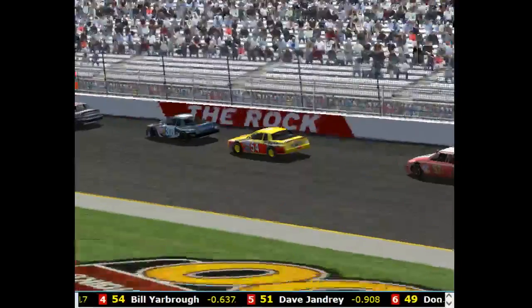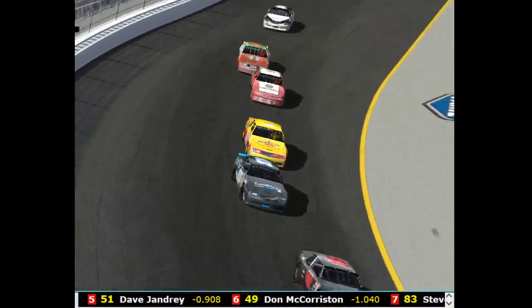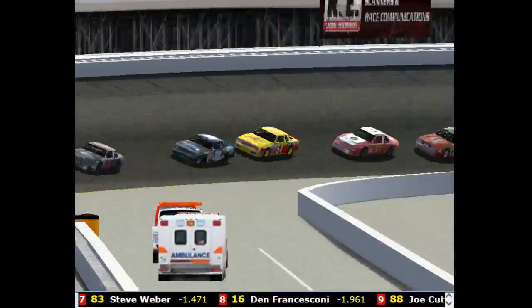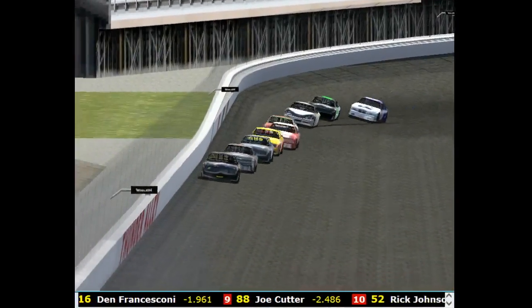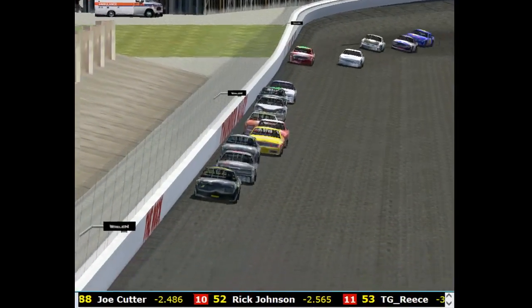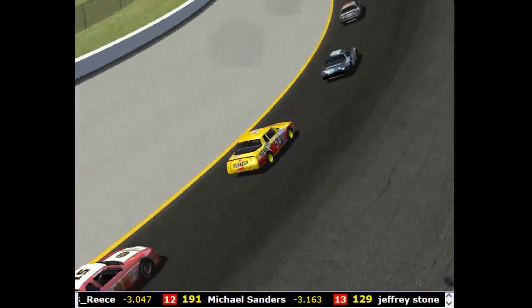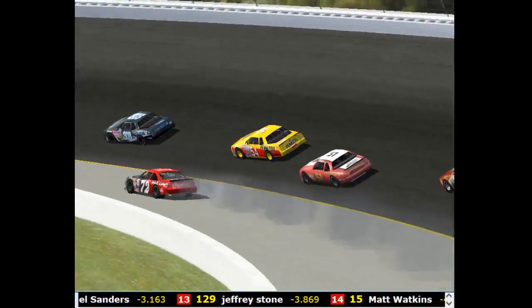Not the easiest thing in the world to do, to pass here at the Rock. Definitely have to pass to the inside. The problem is you get kind of pinched down, and you can't get that run off the corner. But when you do, and you're the faster car, you can pull down side by side down one of the